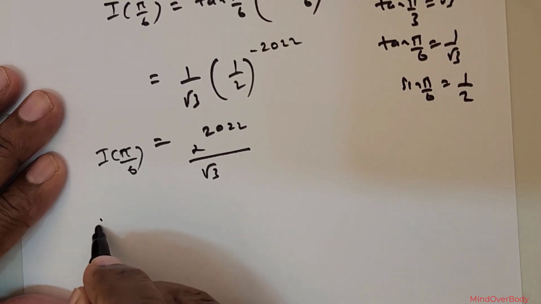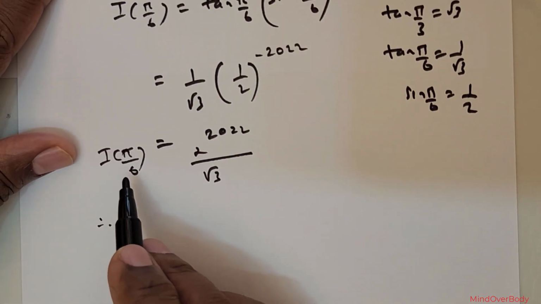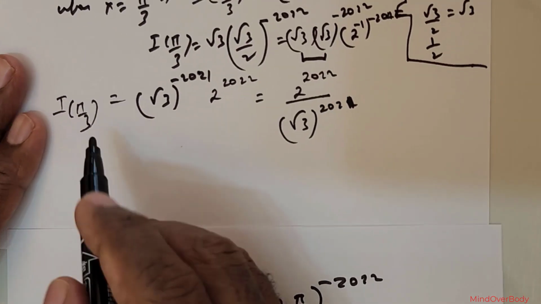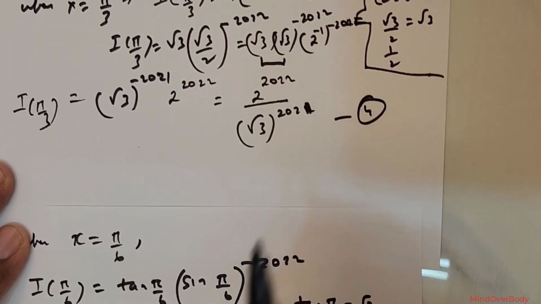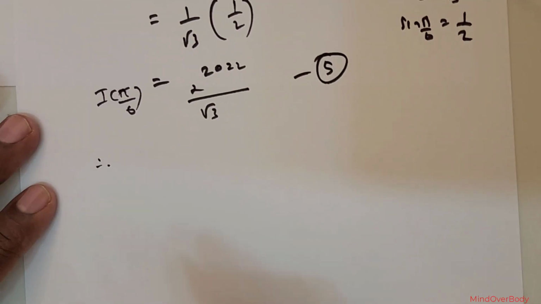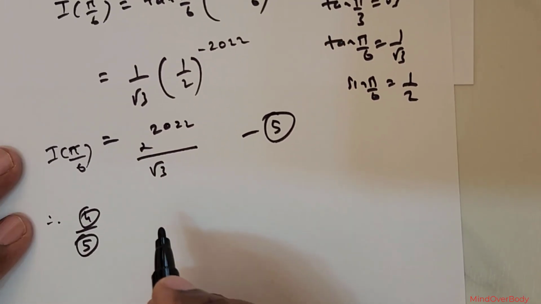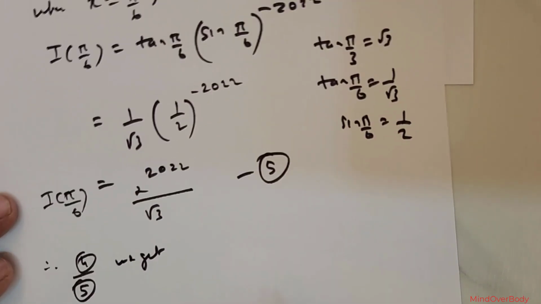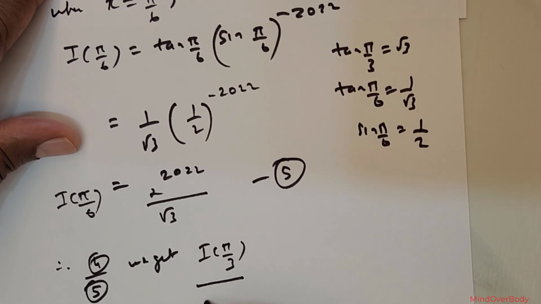Therefore you already have I of pi over 6, and I have given you I of pi over 3. So let me take this as 4, let me take this as 5. So therefore 4 divided by 5 we get,